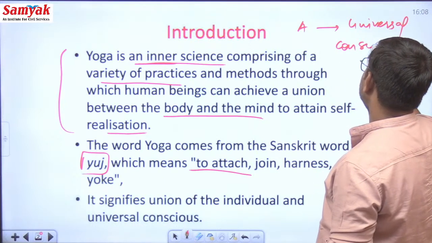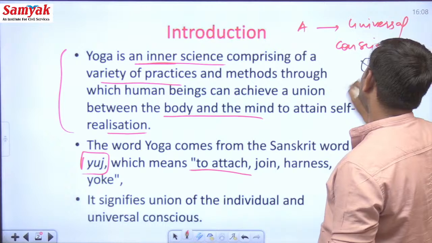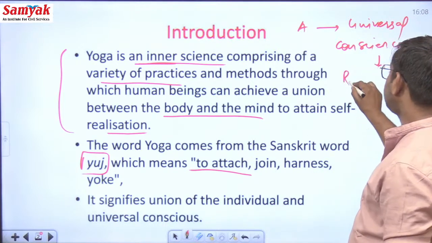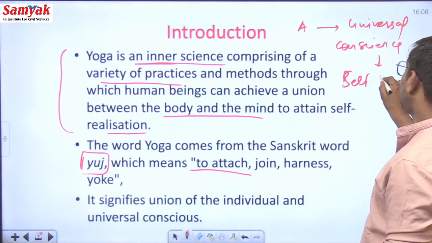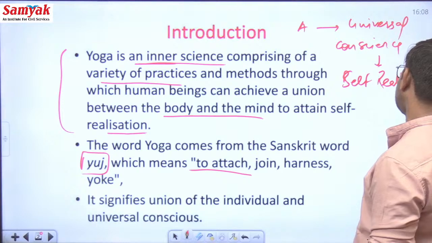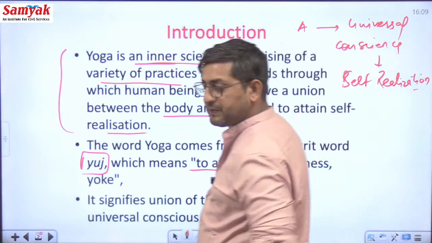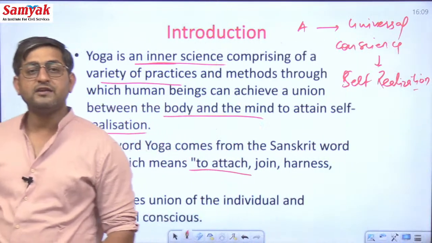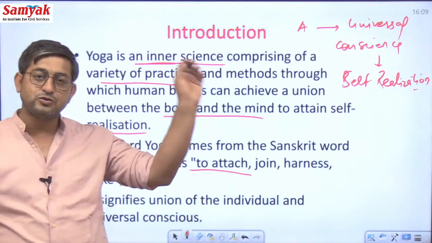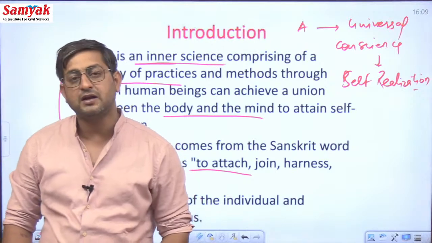कंसाइंस के साथ, यूनिवर्सल कंसाइंस का मतलब है जो नेचुरल अलमाइटी है। यूनिवर्सल कंसाइंस के साथ जोड़ने का पर्पज क्या है, वो पर्पज है सेल्फ रियलाइजेशन, या जिसको हिस्ट्री के अंदर निर्वाणा या मोक्षा कहा जाता है। तो अगर इस पर्टिकुलर पर्सपेक्टिव से देखा जाए तो योगा को ए दर्शन स्कूल ऑफ द फिलोसफी माना जा सकता है, जिसका बेसिक पर्पज होता है सेल्फ रियलाइजेशन या निर्वाणा अचीव करना।